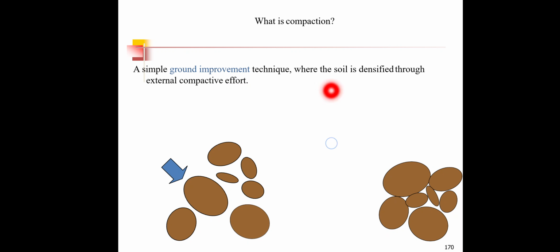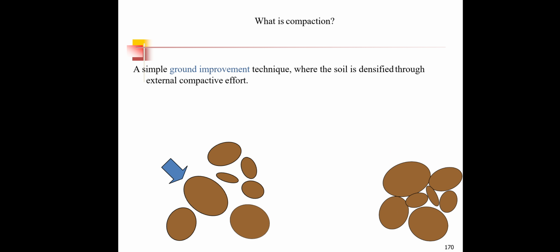So this is also a simple ground improvement technique where the soil samples are densified through external application of force. You can see here, the soil sample is in a loose state. We are going to apply an external force. As the external force acts on top of the soil mass, the soil gaps start to be eliminated, and the particles relocate to new positions, and finally denser particles will look like this. So this process of external application of loading is known as compaction,